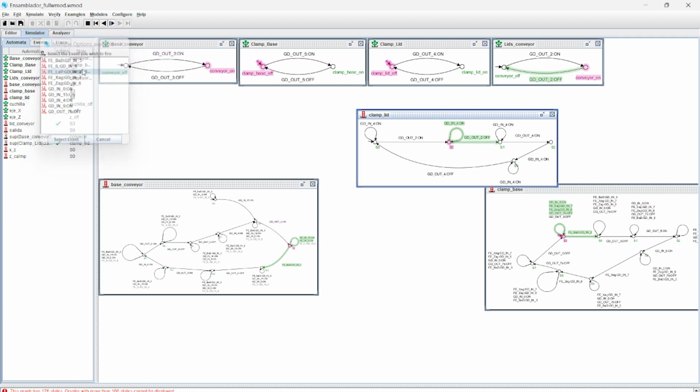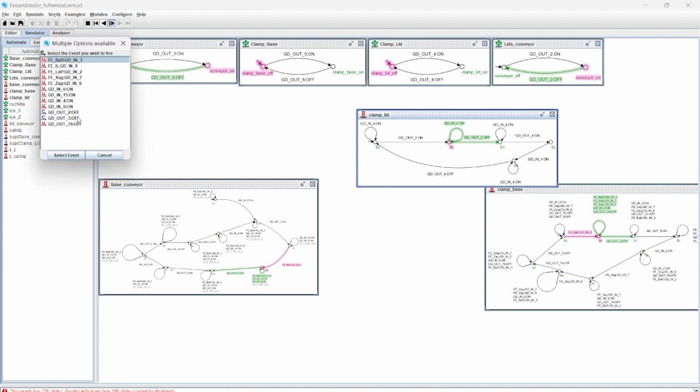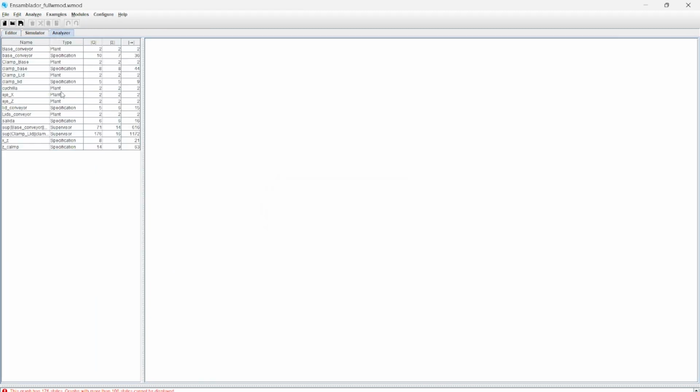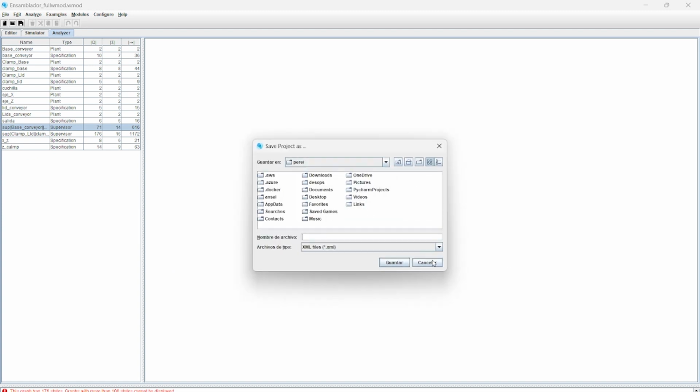Then we will wait until the next signal. In this case, it will be lead at place, for example, and base at place. After the controller receives the signals, we can take off either conveyor one or conveyor two. So we want to put both off, and you're going to see it in the simulation. You can simulate the behavior of your plant and all the actuators you have. After you have your supervisor working nicely, you come to the analyzer, you export it as XML, save it, and